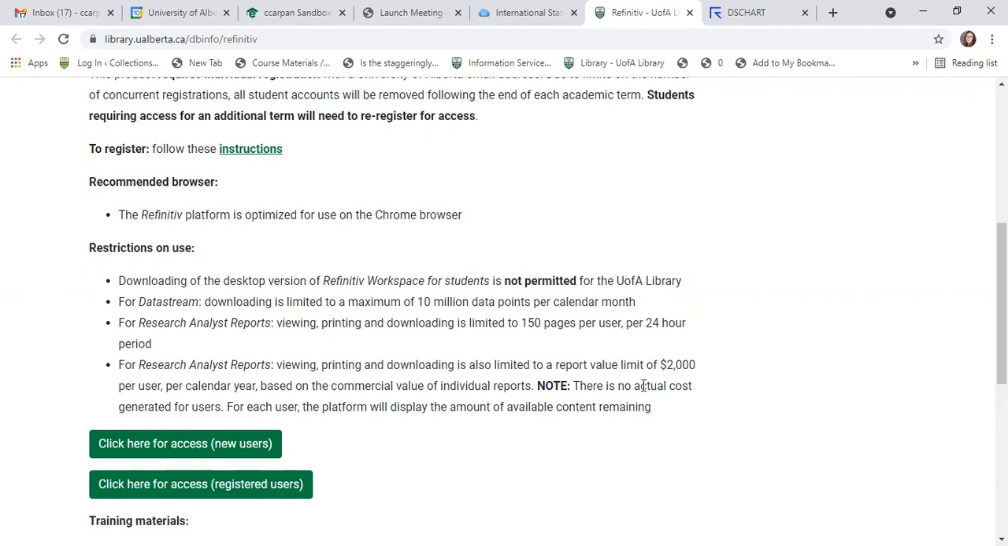You're not actually paying for that use yourself. The library is paying for that, but as you use various reports, it will add up the amount in dollars of the usage that you've had, so that when you hit that $2,000 per user per calendar year, you will no longer be able to access those for that calendar year. So just keep those